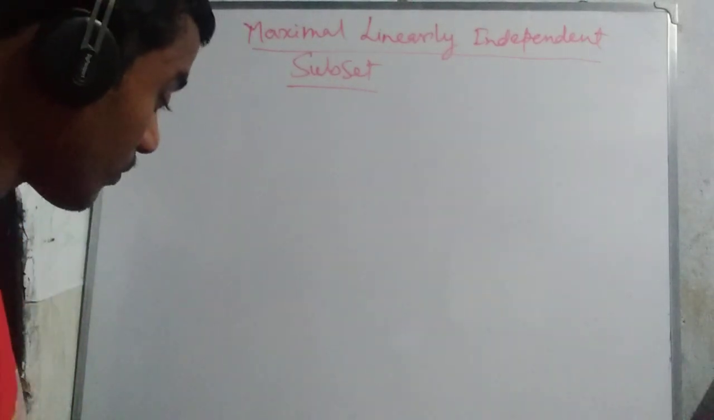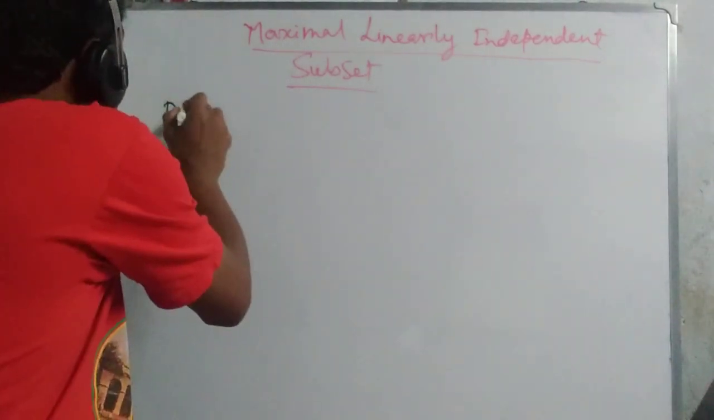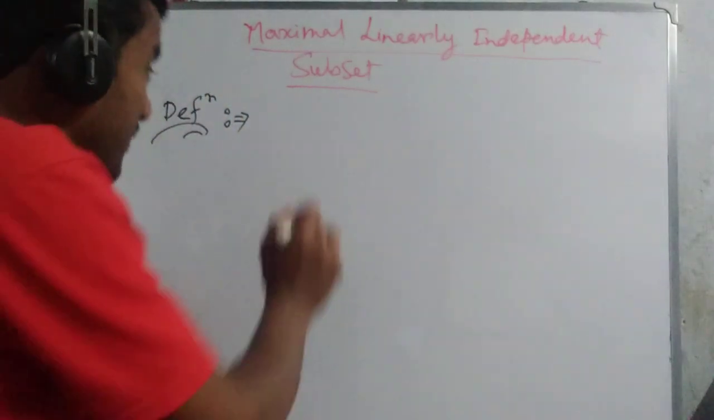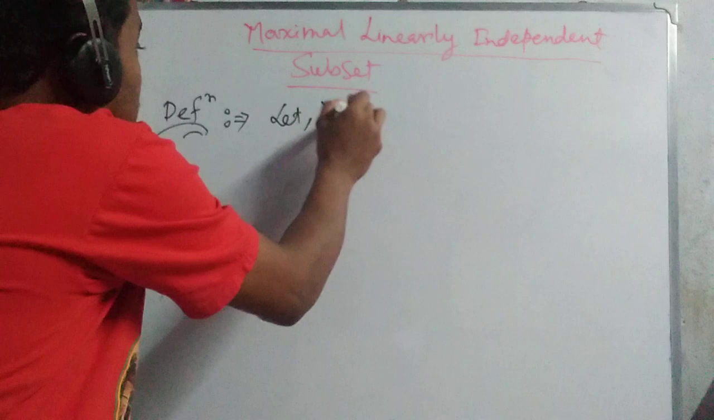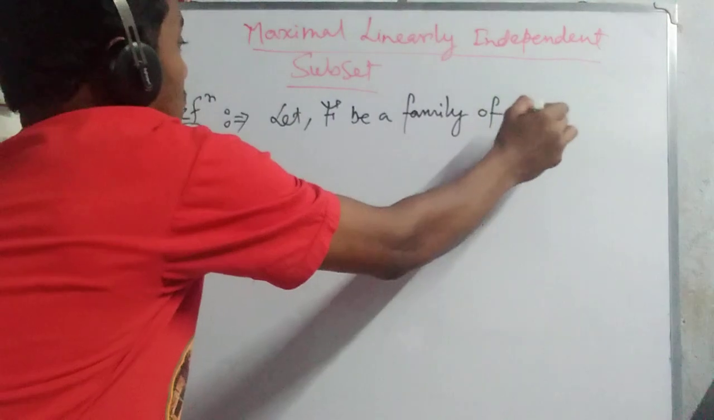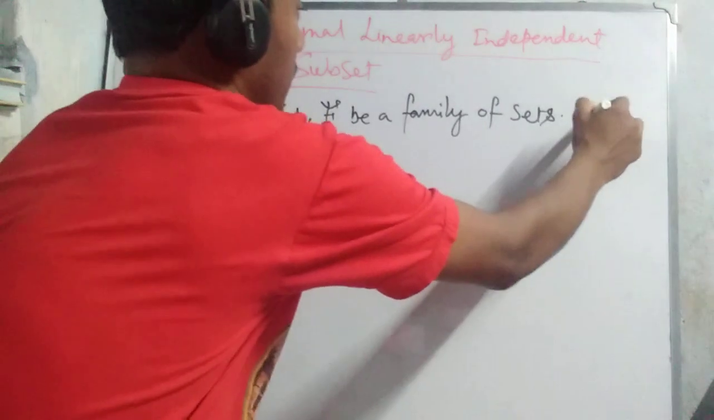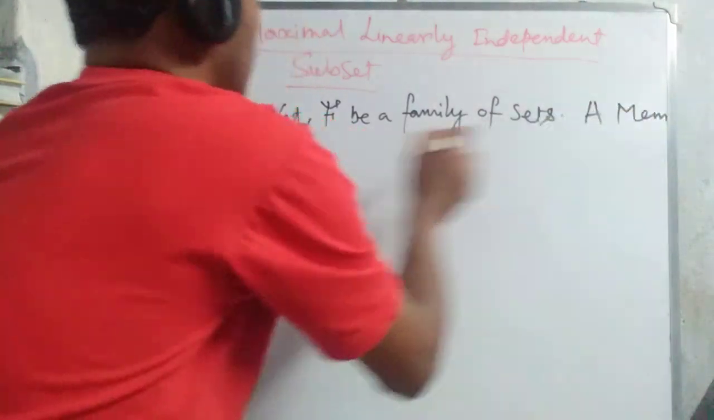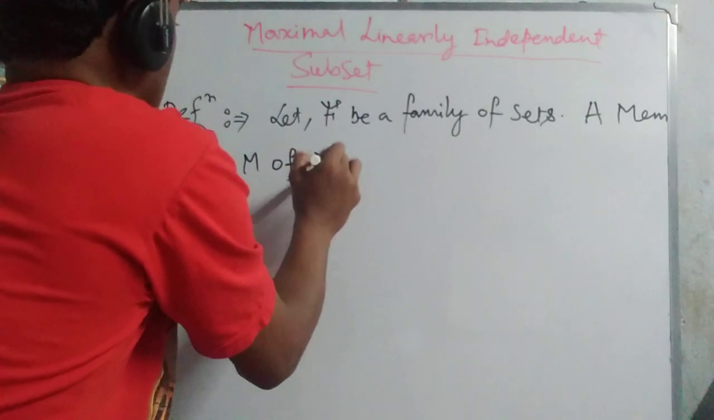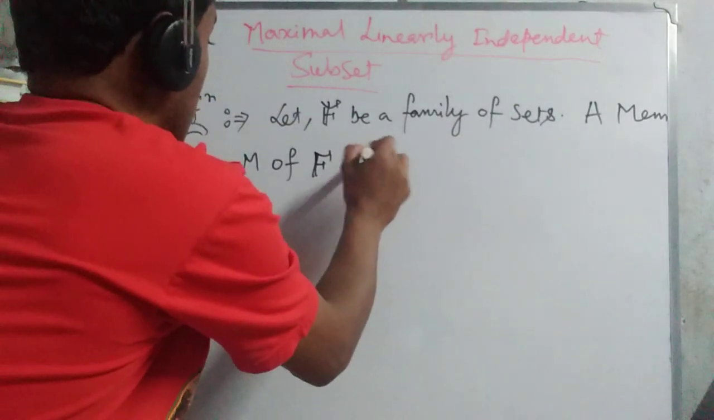So today we start from a definition. Let A be a family of sets. A member M of A is called maximal